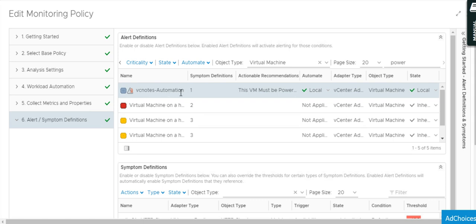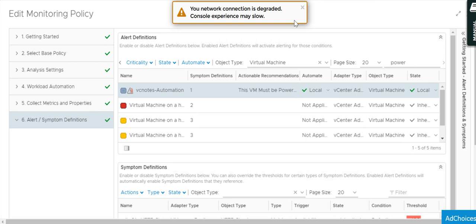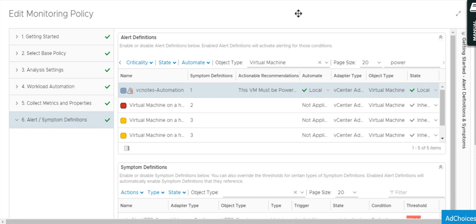Select it and make sure this automate column is set to local, right? If it is not, then you need to check here and then set local. This can be an issue with your VROPS interface, that it is not allowing you to click on enable here. That is a different issue altogether.